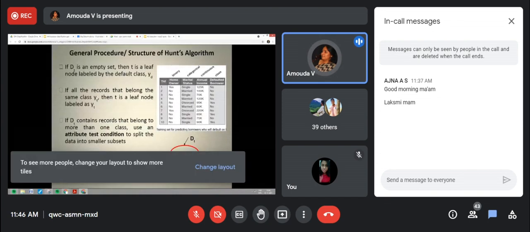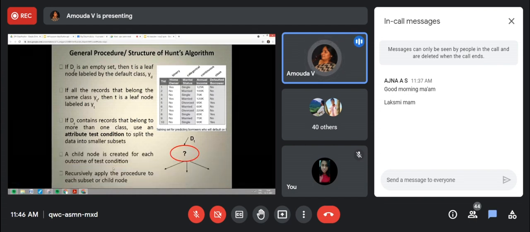So that's what I'm saying: an attribute test condition splits the data into smaller subsets, and a child node is created for each outcome of the test condition. Whenever you test some attribute, the outcome is a test condition, and a child node will be created.